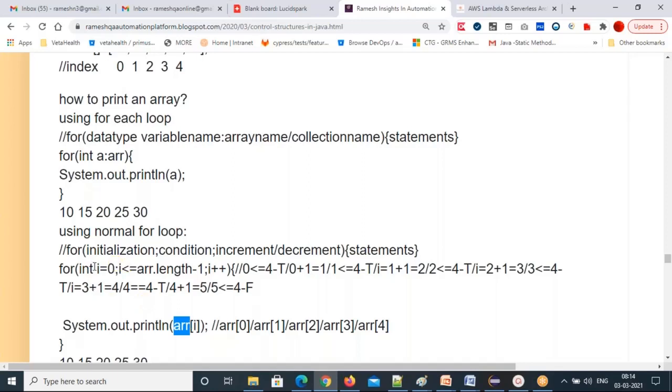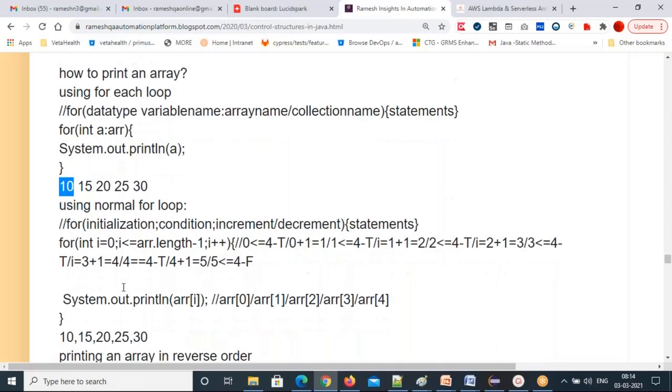So see, first I value is 0. It will come to this place. I value 0, 0 less than or equal to 4, right? This value is 4, array dot length is 5, 5 minus 1 is 4. 0 less than or equal to 4, true, comes inside. Array of 0 means the first element, 10 will print.